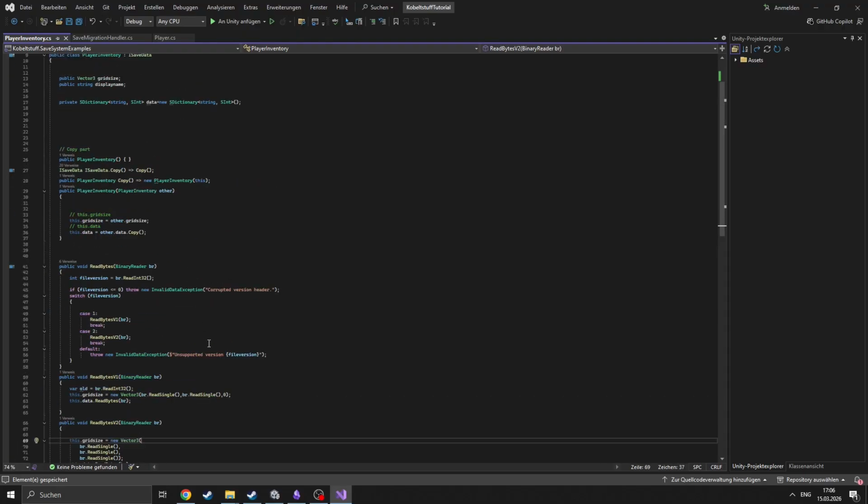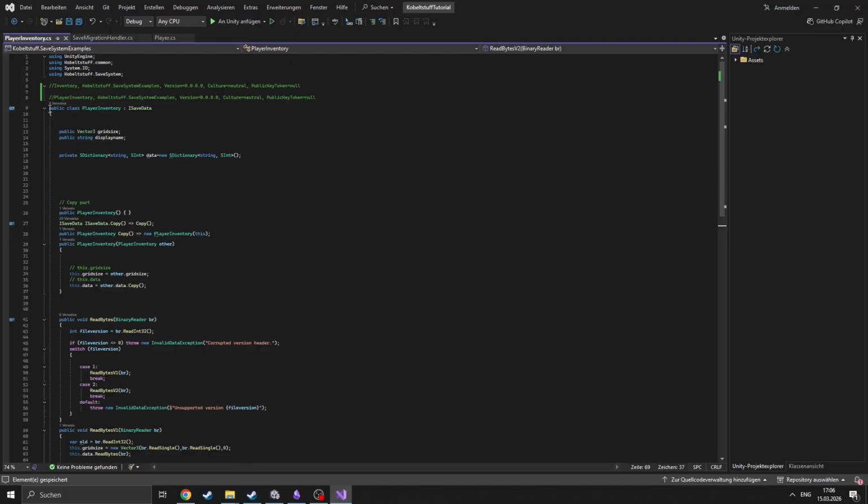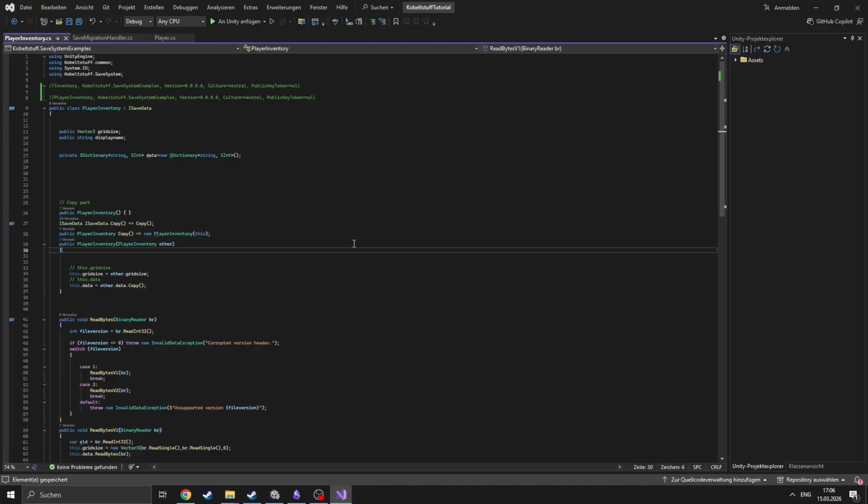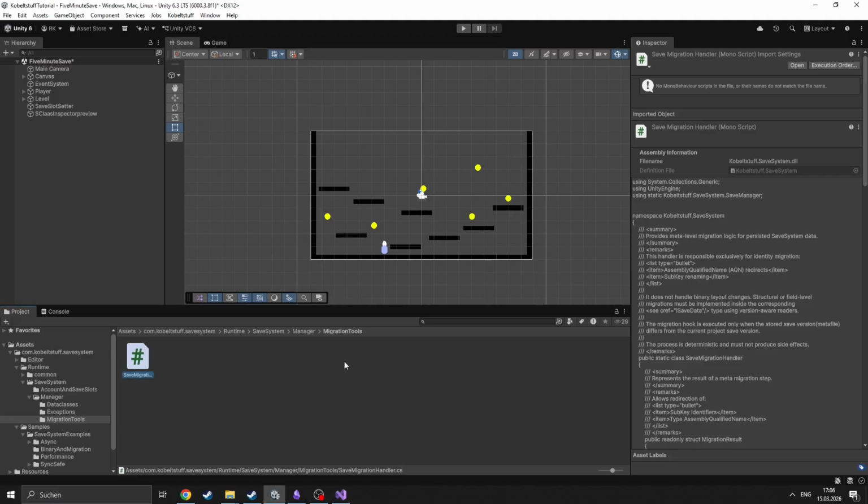You basically can delete this whole class and create a new class, and all you have to get your hands on is the old readers. So you can consume the old save data with the old readers and map it to the new class. It's basically no problem. That's all there is to it for an iSave data. And then mono behavior and iSave handler migrates similar,